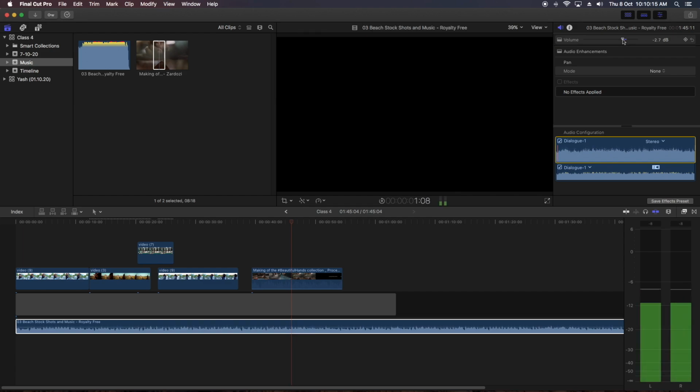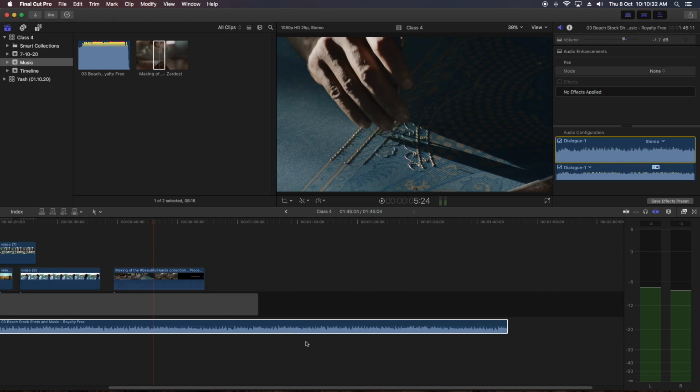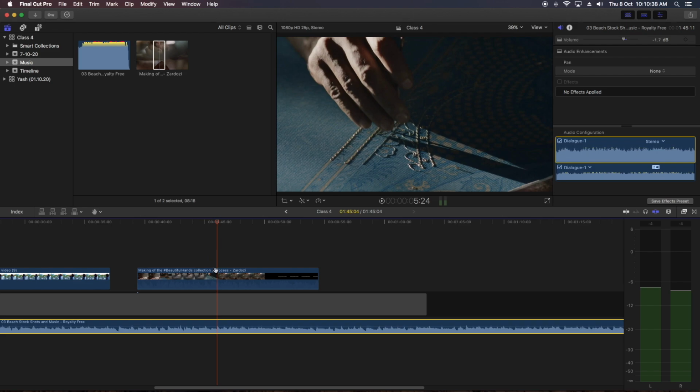I can be very precise, I can go up or down, or even I can go with a shortcut command. Moving this audio up or down with a shortcut command, I think control, I don't know. Actually I learned my own commands, so I'll let you know how we can do it with a shortcut command. But right now is the matter of this.